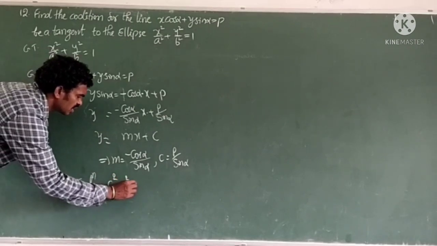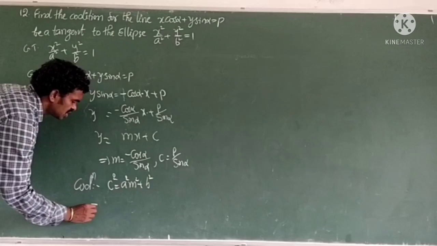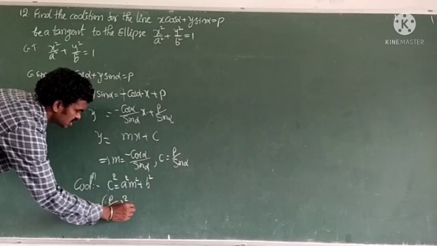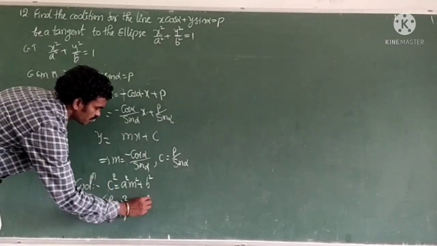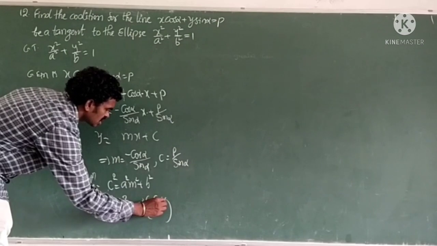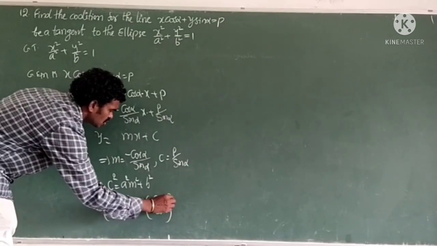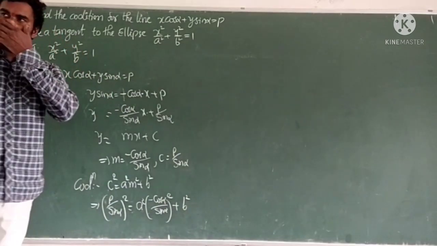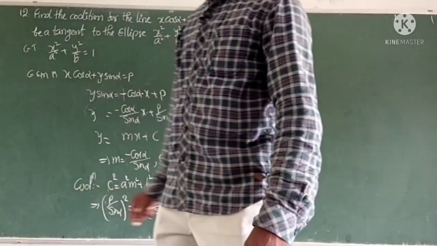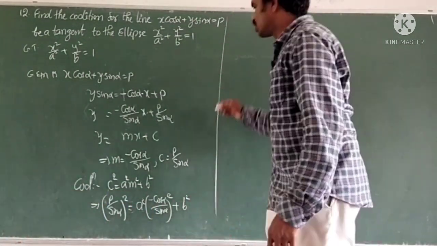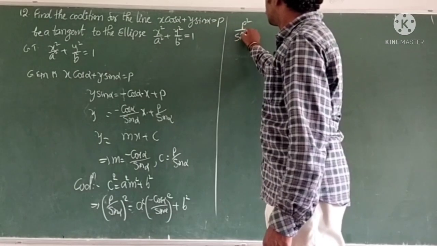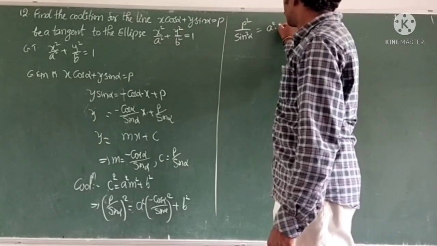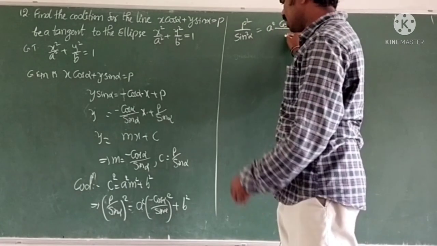So the condition is c square equals a square m square plus b square. Here c means p by sin alpha, squared, is equal to a square, as it is, times m square, which is minus cos alpha by sin alpha whole square, plus b square only. So by simplifying this, we can get the condition. Please note down. So we get p square by sin square alpha is equal to a square into cos square alpha by sin square alpha